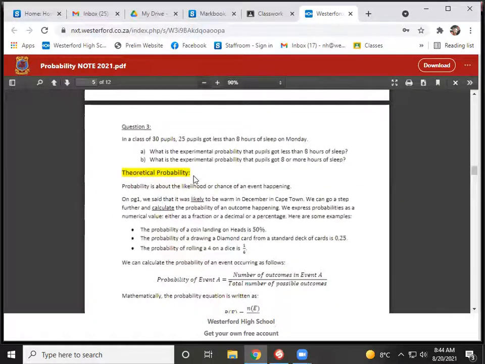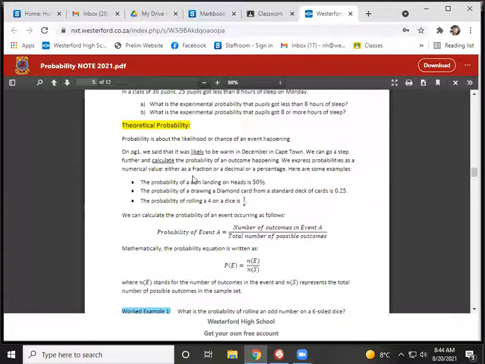Then when we did theoretical probability, or just probability, that is before you even do an experiment. What do you think will happen? So now if I ask you, what is the probability of a coin landing on heads? Heads is one of the sides of the coin. How many sides are there? 2. So 1/2. That's the probability. That's what we think would happen. So if I'm flipping a coin 10 times, how many times out of 10 do I think it will land on heads? What's a half of 10? 5. But guys, that is just what we expect to happen. That won't always happen.